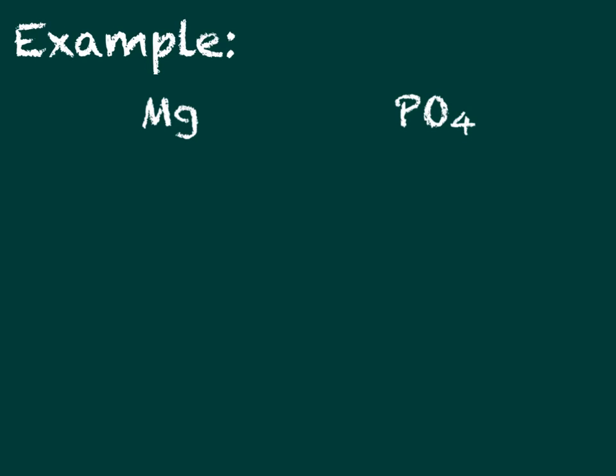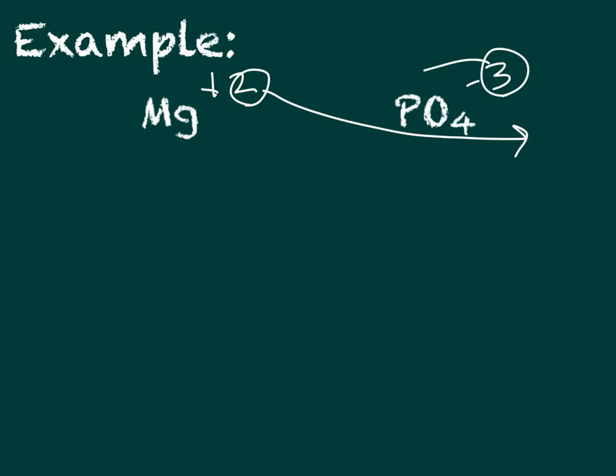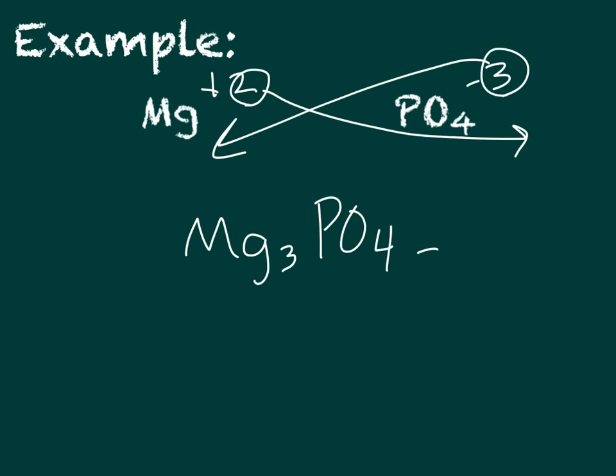We need to start by figuring out the charges. Magnesium has a charge of +2, and phosphate has a charge of -3. When we crisscross, we're going to end up with our 2 coming over to the phosphate and our 3 coming over for the magnesium. So we end up with Mg3PO4 2. Now because I added this extra subscript, I need to make sure I go back and add parentheses